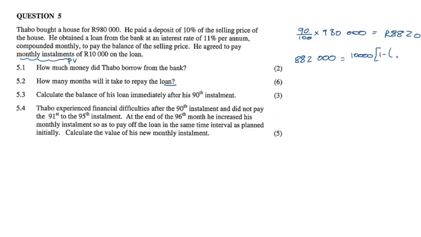The interest is 11%. I personally like to just write it as 0,11, and don't forget the years are always negative, and it's going to be 12 times n. If I've divided the interest by 12, I like, as a habit, to always times the years by 12, and that will be over the interest. Then, another subtle little trick, I like to divide the number that's in front and at the same time times the fraction at the bottom up, so that we can get rid of all of that in one step,